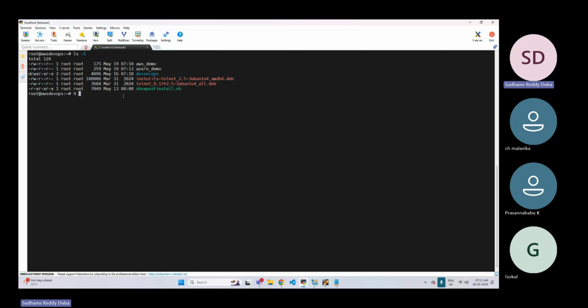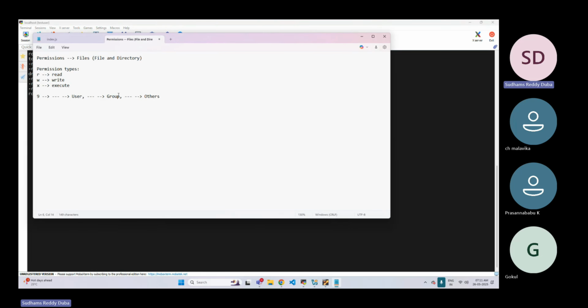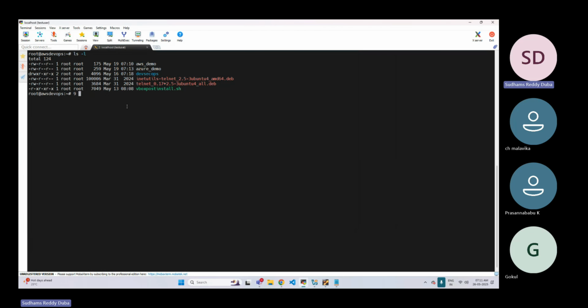Next thing is, you might ask me a question saying that what is the default permission for a file? Which means when I try to create a file, what will be the permissions by default without me assigning it? I'm not assigning any file permissions, right? For example, touch. I will remove these files which are not necessary for now.